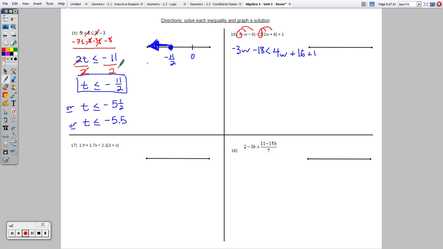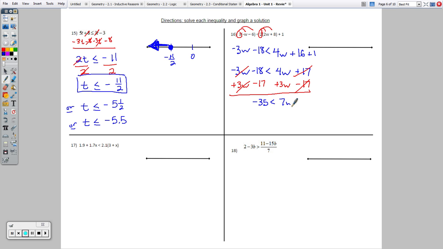And so after we've done that, let's get the w's on one side and the integers on the other. First, let's combine like terms though on the right. I notice there's nothing to combine on the left, but I can combine 16 and 1 on the right side. That would be plus 17. So I'll do that first. And now I'll get the w's. I'm going to keep my variable parts positive, so I'll move them to the right. That means I would have to move my integers to the left. This is gone. This is gone. We're left with negative 35